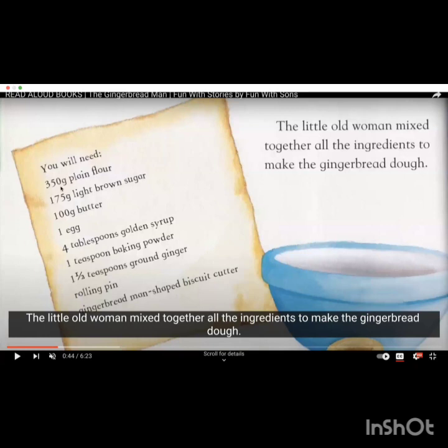She would need 350 grams of plain flour, 175 grams of light brown sugar, butter, egg, golden syrup, baking powder, ground ginger, rolling pin, and a gingerbread man-shaped biscuit cutter. So on, you can just read it to your child, or you can ask the child to read